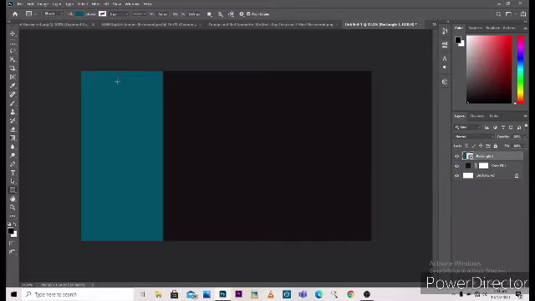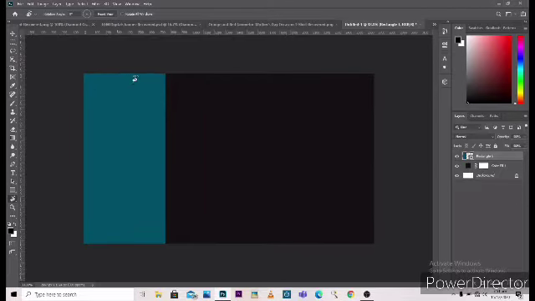Now I'll press Control R on my keyboard to bring out the ruler. I'm just gonna drag the ruler over here, and now, using the rectangle tool, we're gonna draw another rectangle over here.